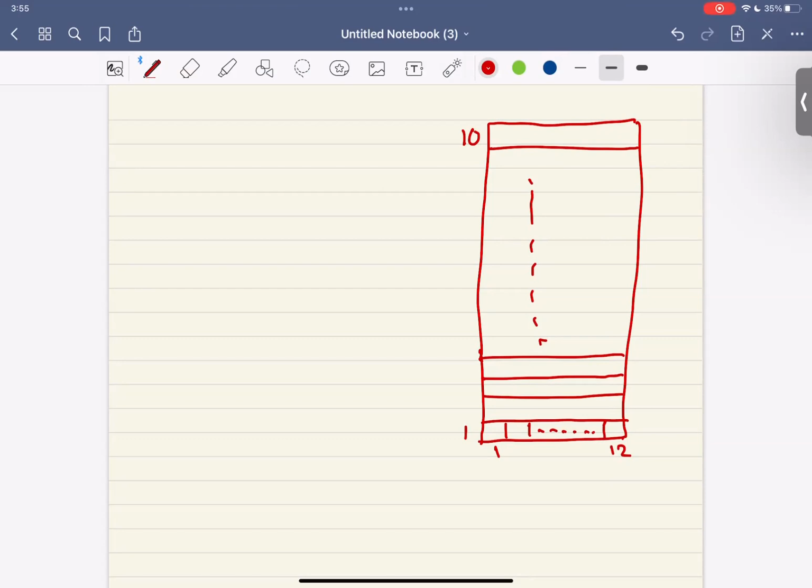Correct? How many floors do I have? 10. Again, I need another 2 digits to specify, given that I am beginning with 1, not from 0 to 9, given that I'm counting from 1 to 10. So again, I need 2 other digits to specify the floor number. So why not have the very first 2 digits for room number and the next 2 digits